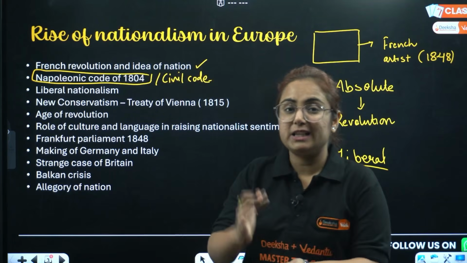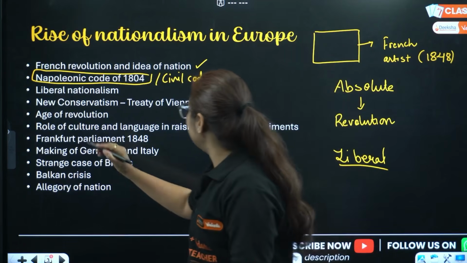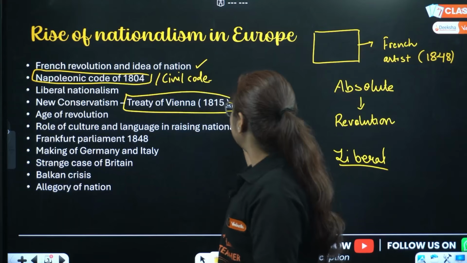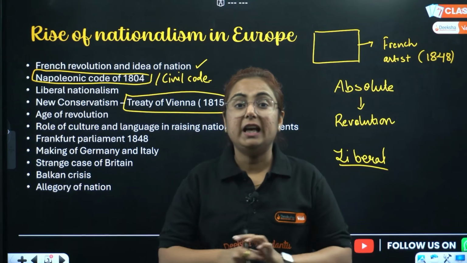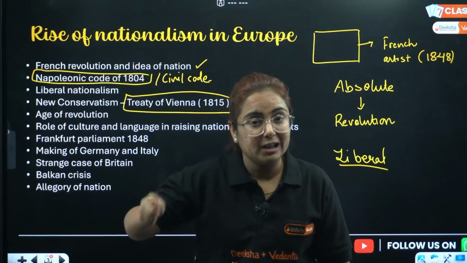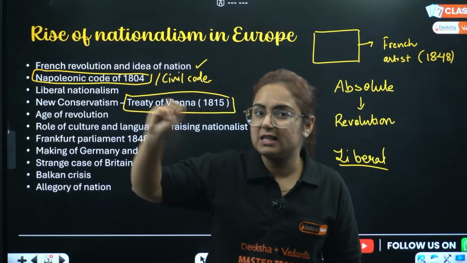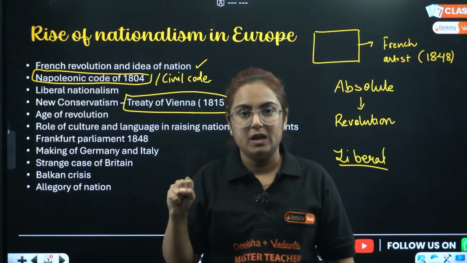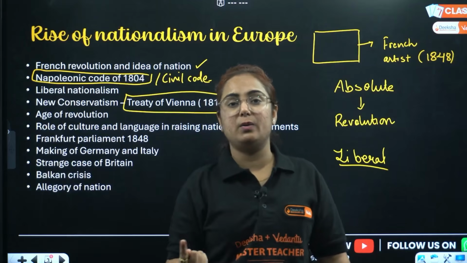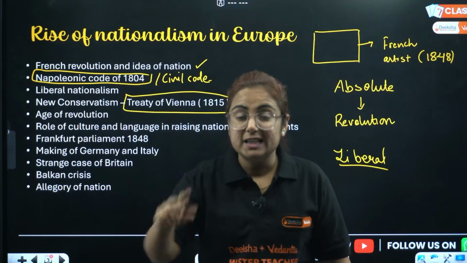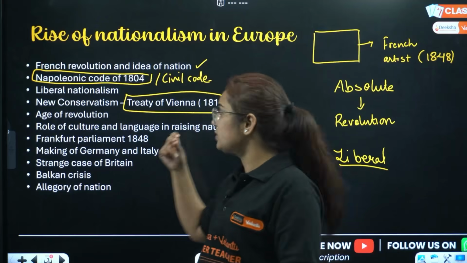So all the conservatives came together, defeated Napoleon at the Battle of Waterloo, and then the Treaty of Vienna was signed in 1815. What was the objective of the treaty? The objective was to establish the monarchical order or the conservative order, defeating Napoleon and taking all the territories back from Napoleon. They made France a country surrounded by so many conservative countries so that Napoleonic power cannot be re-established again. Getting my point?